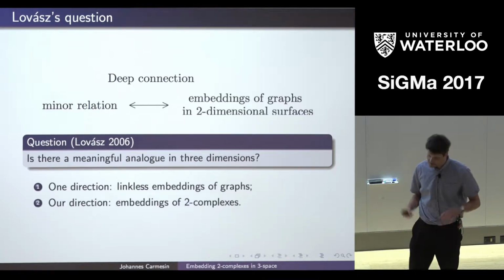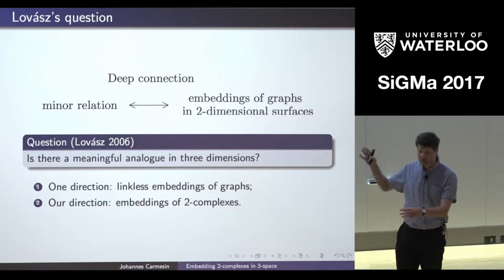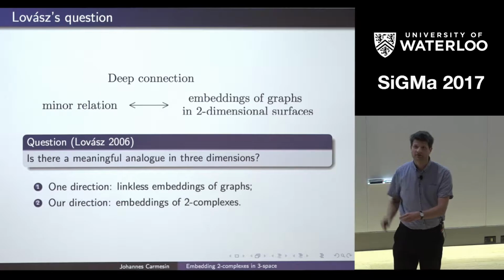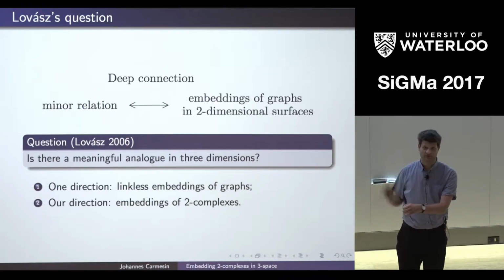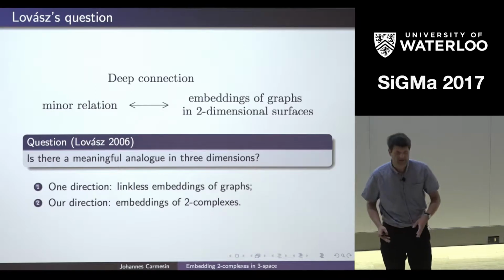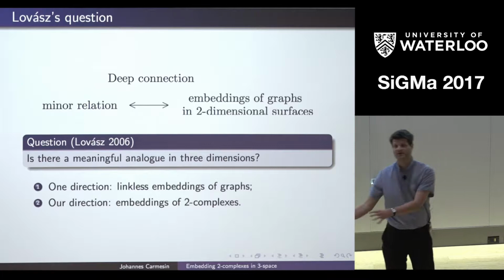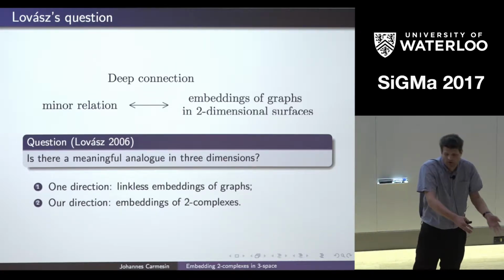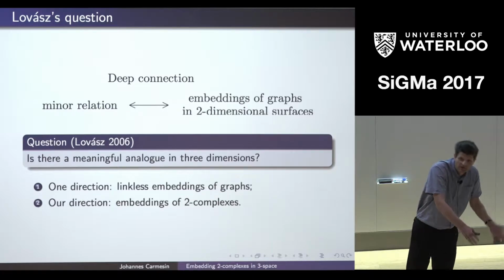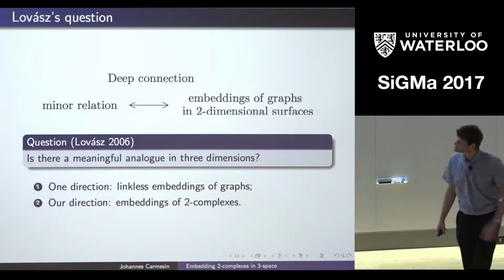Instead of restricting the number of possible embeddings we are considering, we want to put some additional structure on the graph. Namely, we glue some faces on some of the triangles of the graph. So we're interested in embedding 2-dimensional simplicial complexes into 3-dimensional space. So topological or equivalently piecewise linear or differentiable embeddings, all the same, embeddings of 2-complexes into 3-space. That's what we want to do.